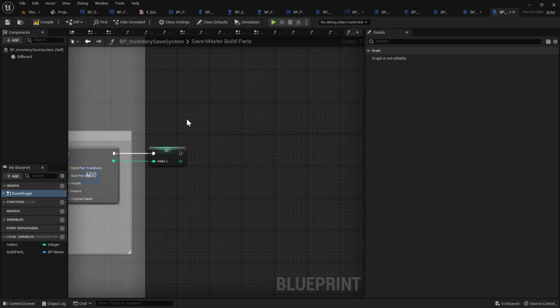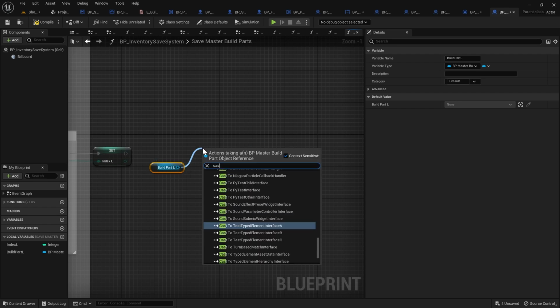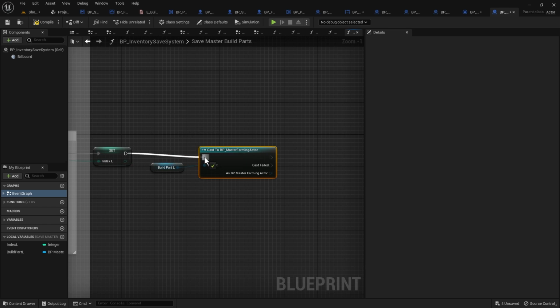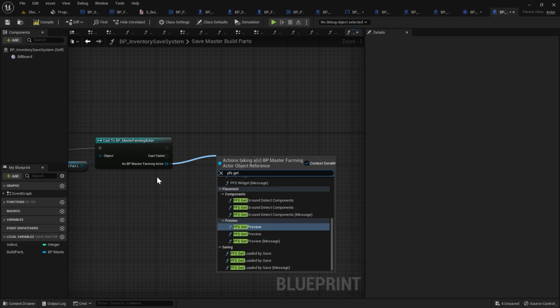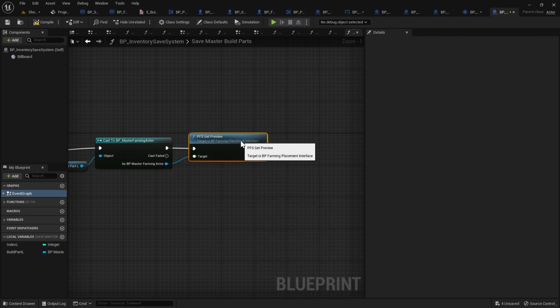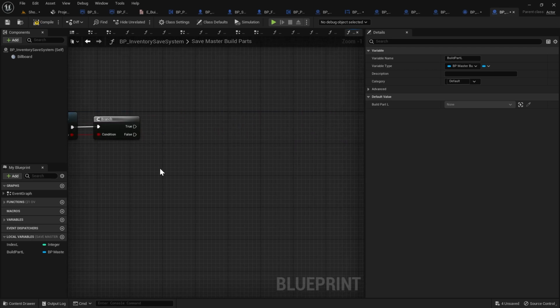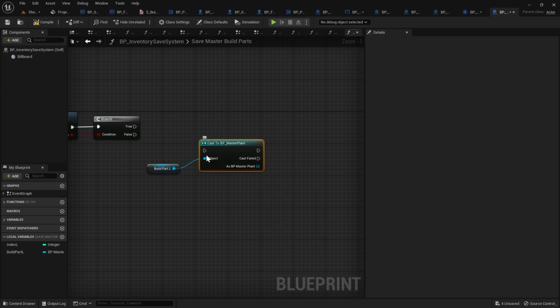Then we're going to go to the end again, and we want to get our build part L, drag out from that and do a cast to master farming actor, connect that up to our index. Then we'll drag out from that and do a get preview, we want PFS get preview, like that. Drag out from the preview and do a branch node, and then from false, or actually we're going to copy our build part L, paste that here, do a cast to master plant,